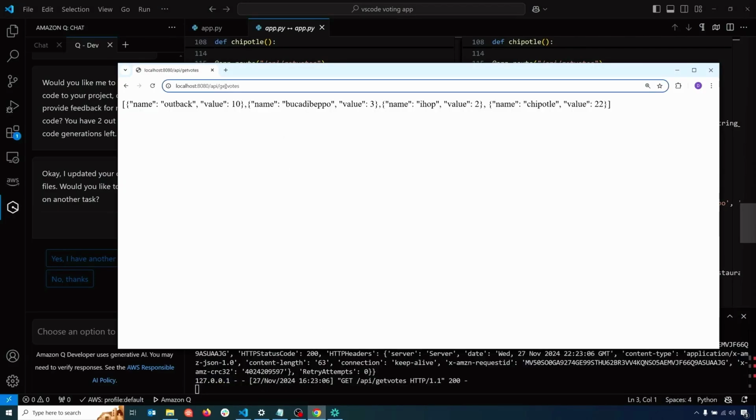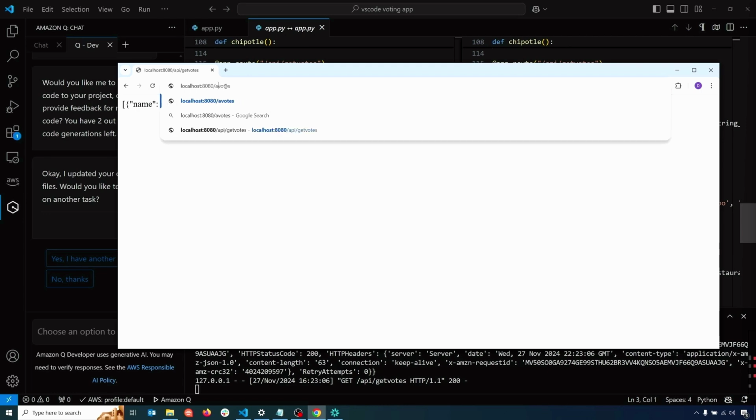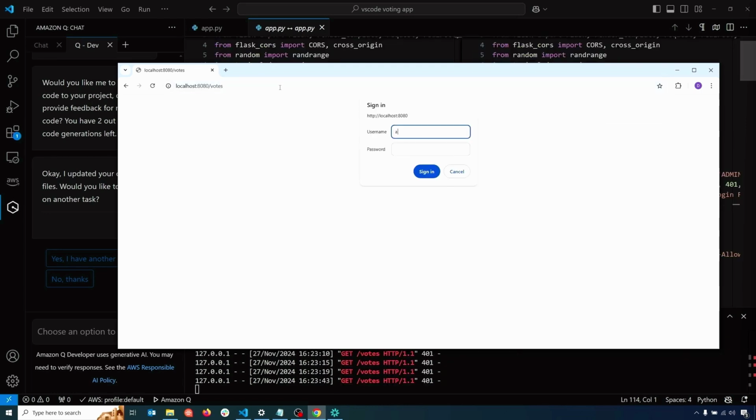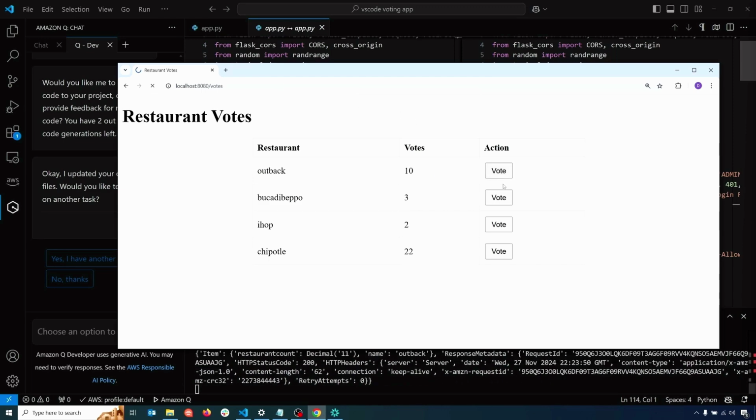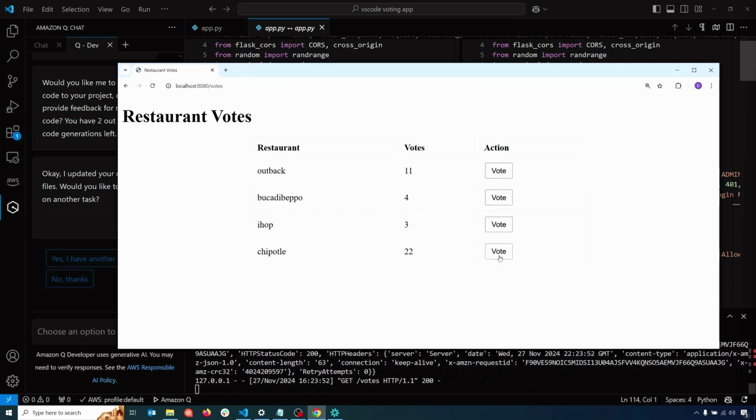And now we can navigate to that /votes page, which now should exist. We get our login with admin and admin. Don't tell anyone. And then I have my table here, which is exactly what I asked for, right? I have a table of the restaurants, I have the current votes, and then I have actions to vote for